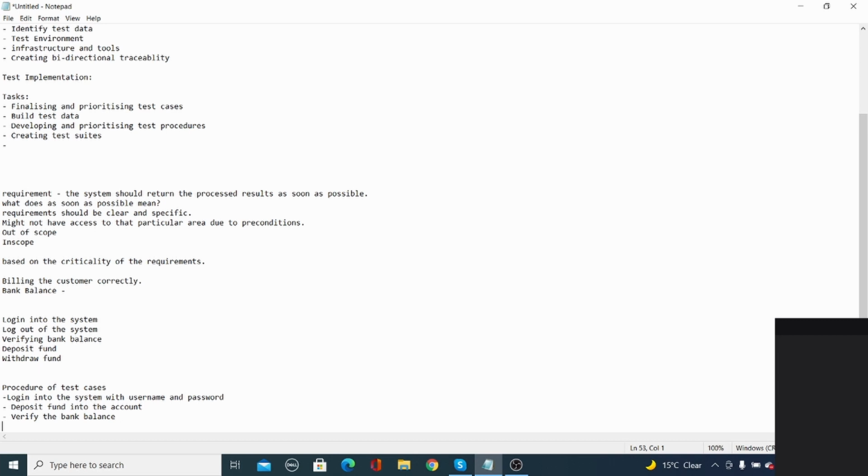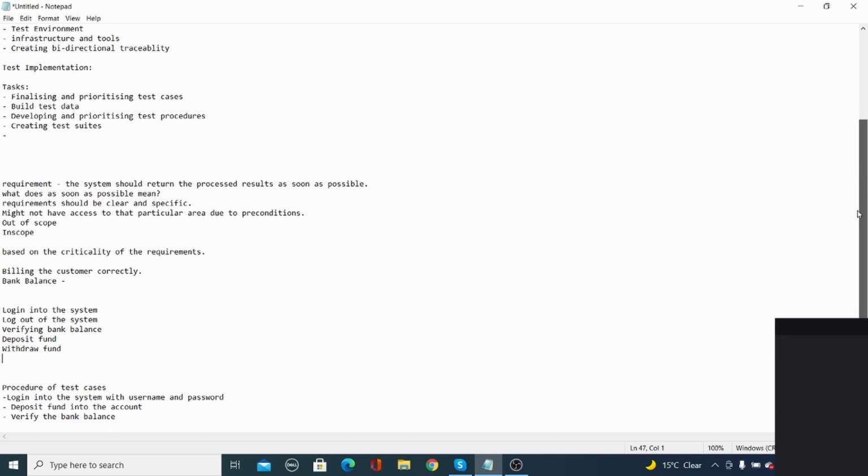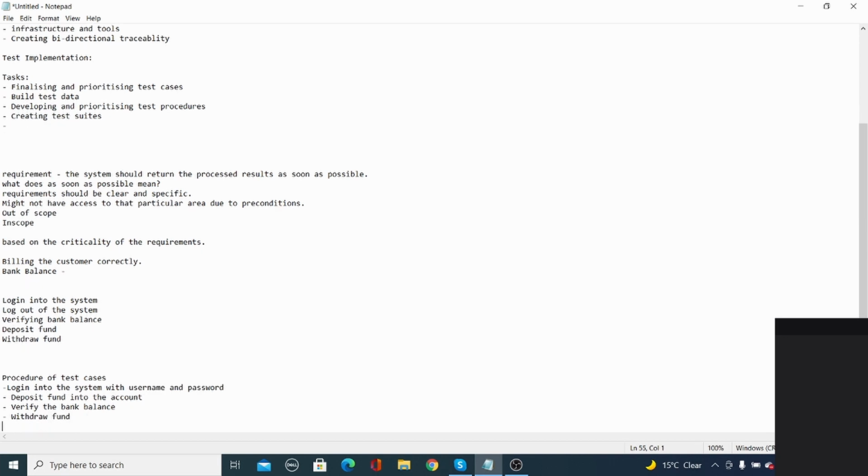There will be other test cases, like check the bank balance, but we don't need it now because you can repeatedly use the same thing, verify the bank balance. Then you have verified, so you can say, let's withdraw some fund. Now you are withdrawing the fund. After withdrawing the fund, what do you need to do as per the process?